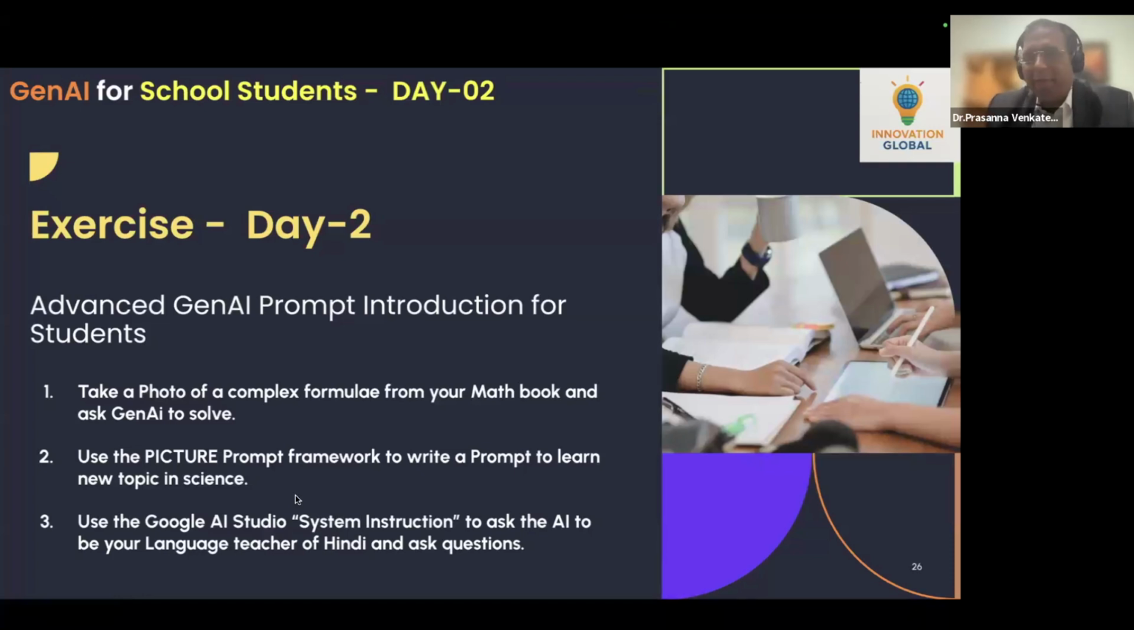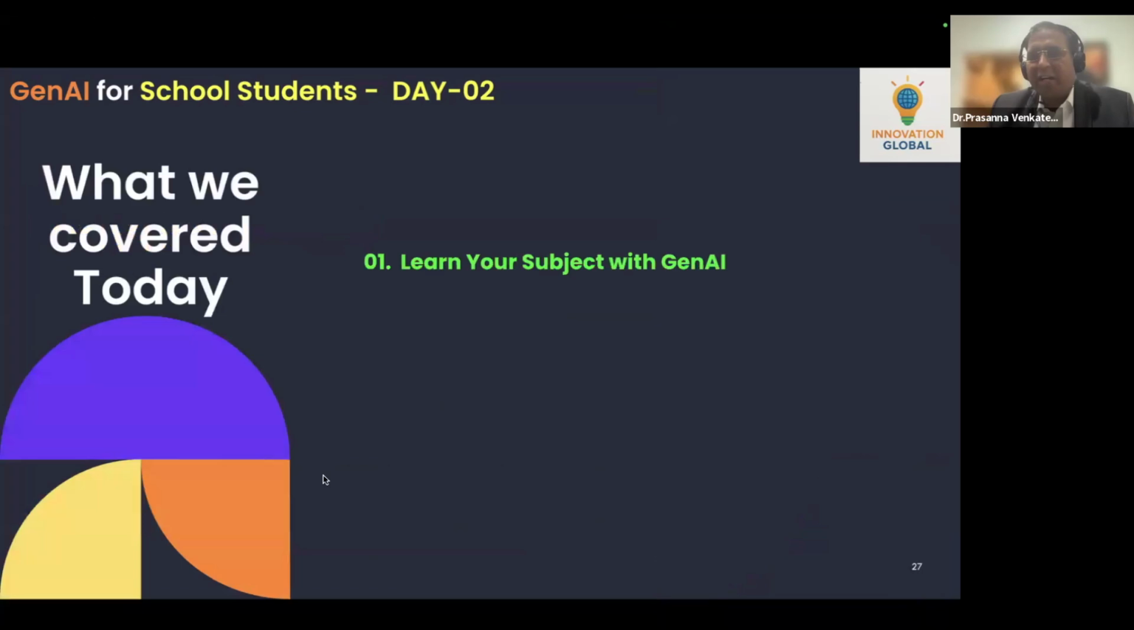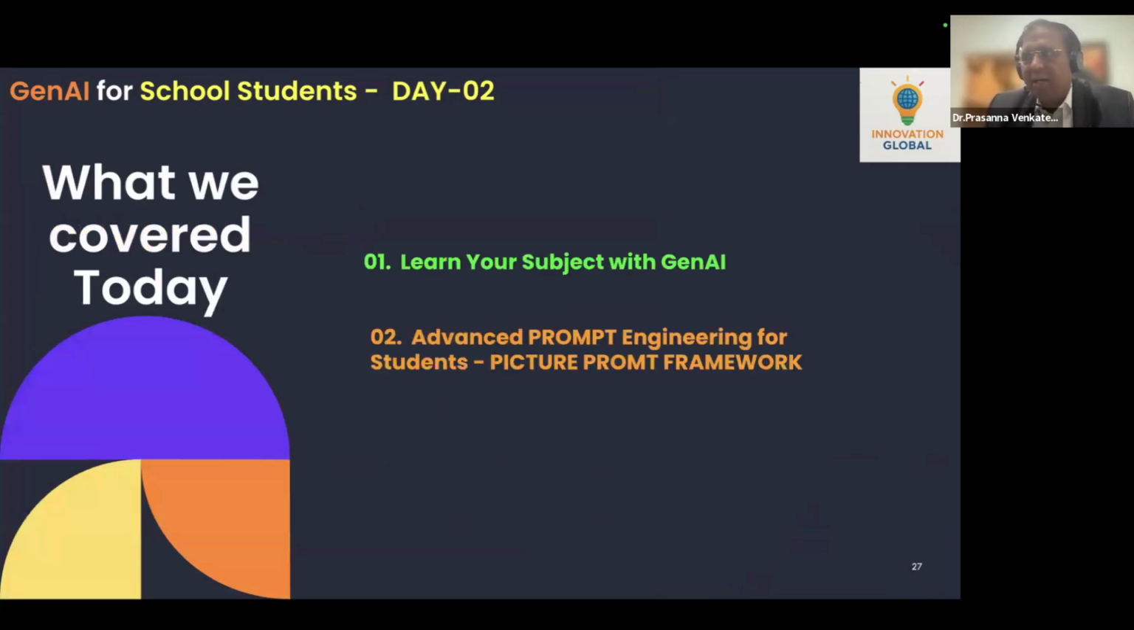Okay, very good. Now, what we covered today, we learned about how to learn your subject with generative AI, and we looked at something called a picture prompt framework. At the end, we also looked at how to use tips and tricks with Google